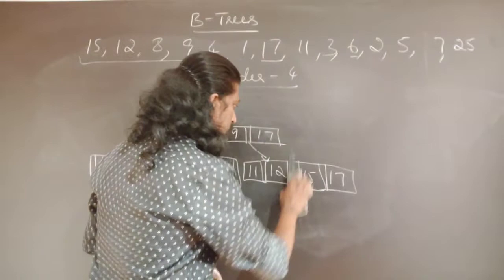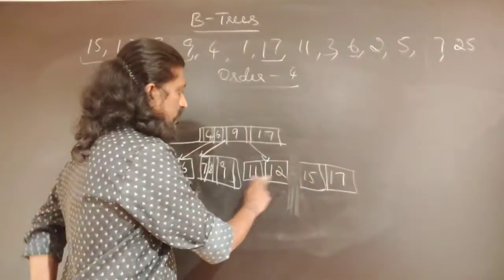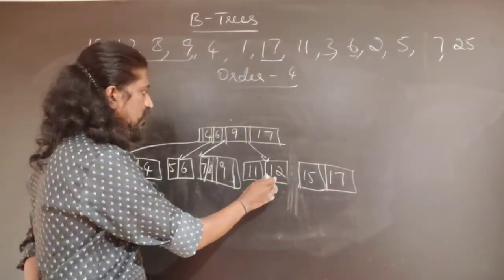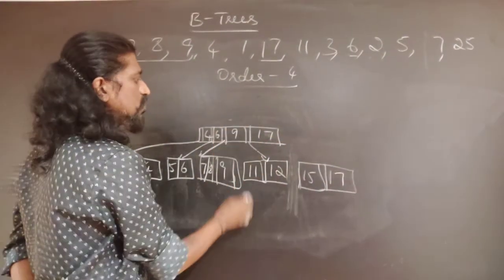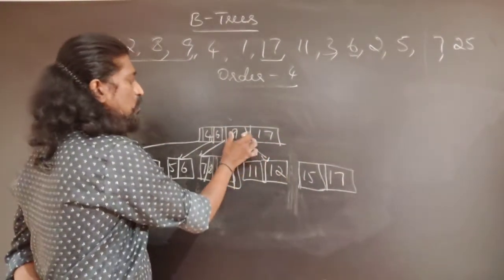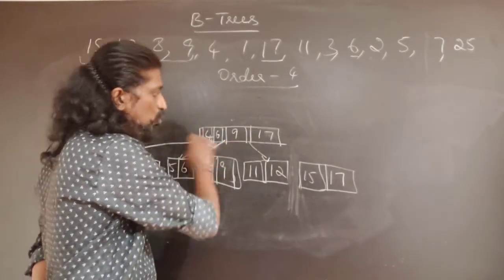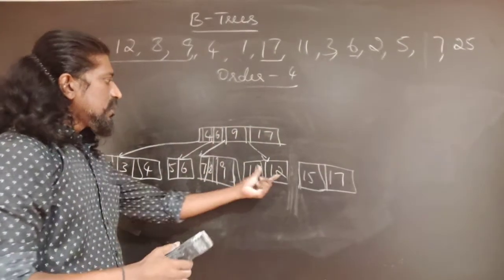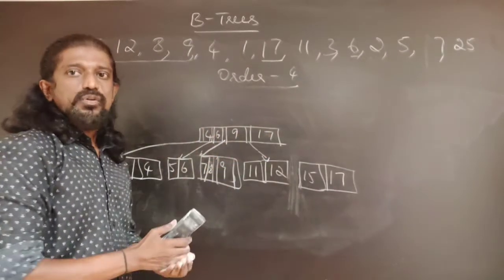Okay, we split it into two nodes. When we split it into two nodes, 11 and 12, 15 and 17. Okay, so now you can see information about the 17 is there in the root, information about this 12 is not there. So this key 12 needs to be promoted to the root, and when we promote 12 to the root, we can see that the root also overflows. Root also has the maximum number of keys it can hold, so therefore it can't accommodate 12.